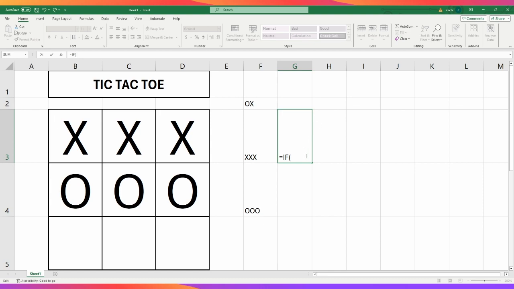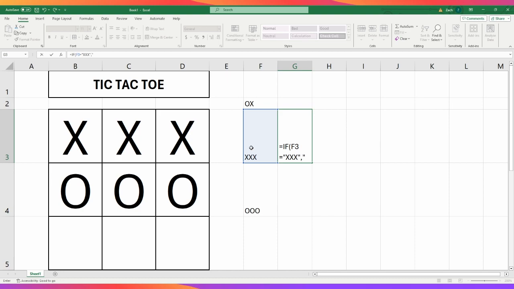If this right here equals, and anytime you're talking about letters and not numbers in Excel, we want to put it in quotation marks. It's called a string. Now, it's not really case sensitive in the formula, so it doesn't matter. But if it equals XXX,